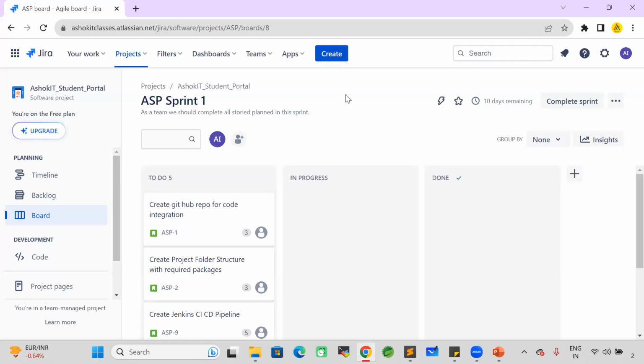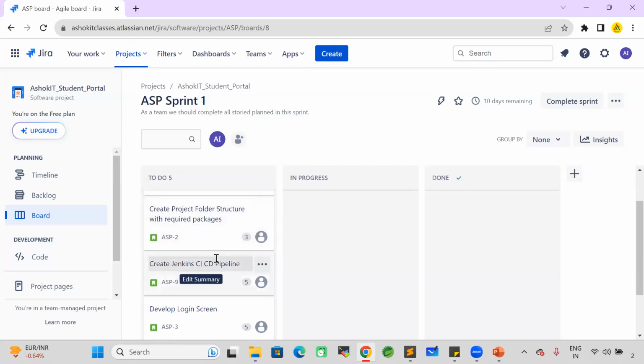So as a team, we discussed what are the pending activities in the project. We created the stories in the backlog. From the backlog, we have prioritized the stories and we created the sprint. Now our sprint is started. In our sprint, there are 5 stories available. In the real time, 30-40 stories will be available based on the team bandwidth. Now, every team